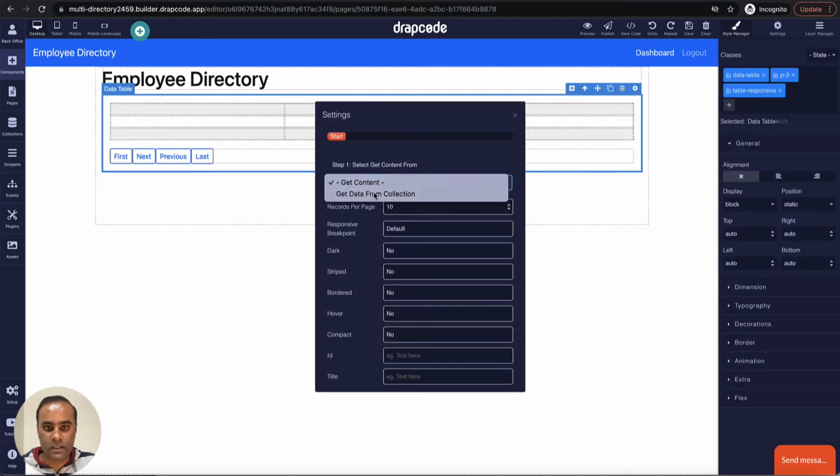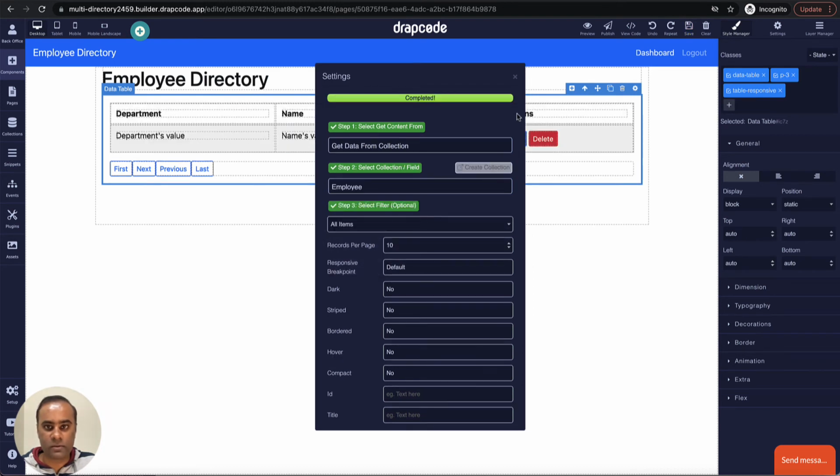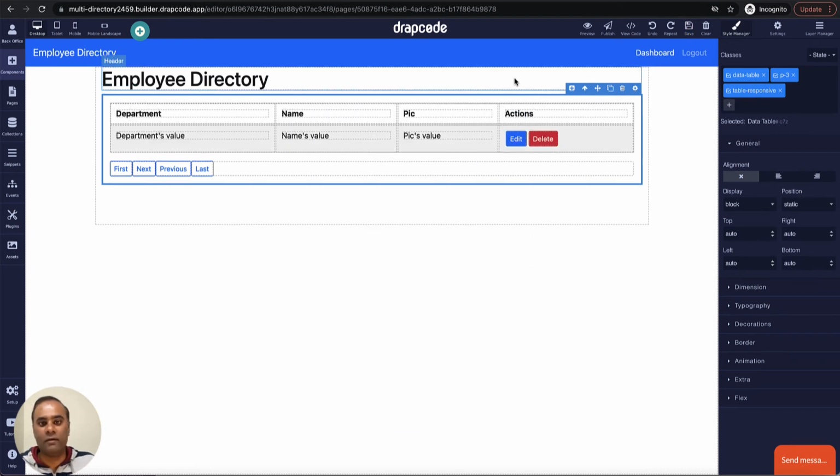I'll choose the collection, data from collection, employee, all items. As of now, we are not applying any filters. So every organization will be able to see the data of all the employees across all organizations, which we will fix in later stages, so that people of a particular organization will be able to see the data of employees of that particular organization only. We'll fix it a bit later. As of now, we are just displaying the data of all the employees.